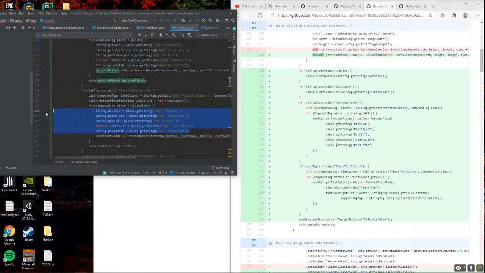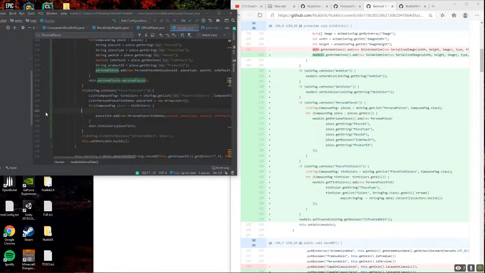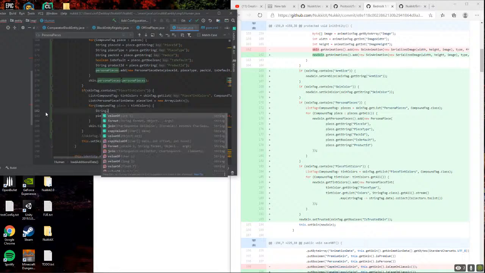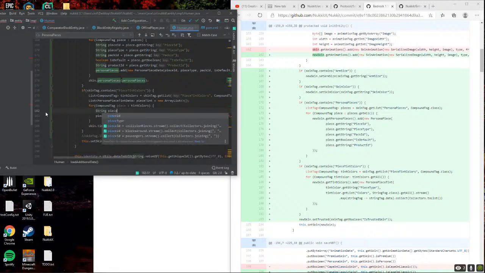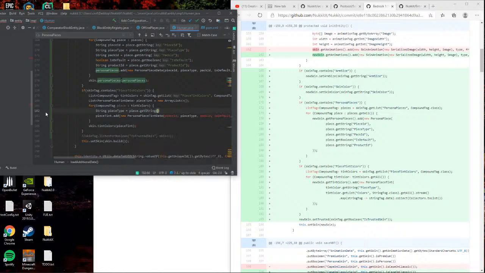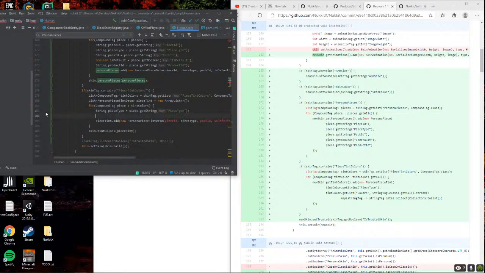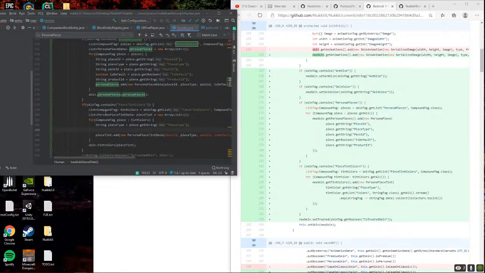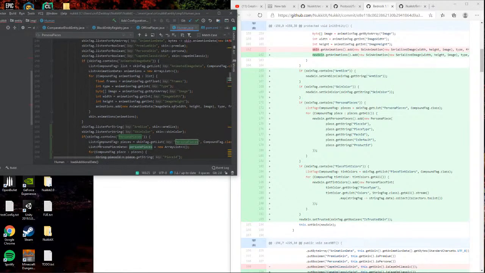where instead string piece type is equal to piece dot get string piece type, and then okay.